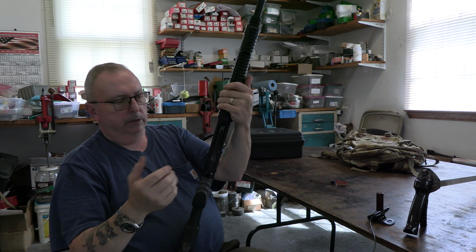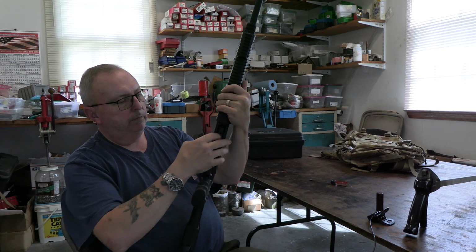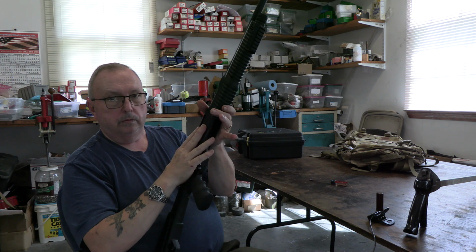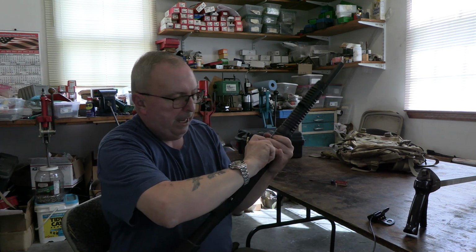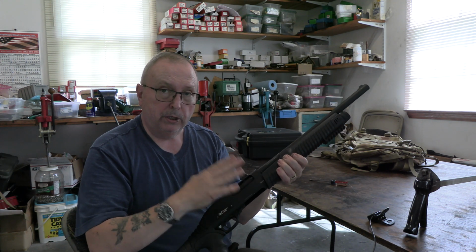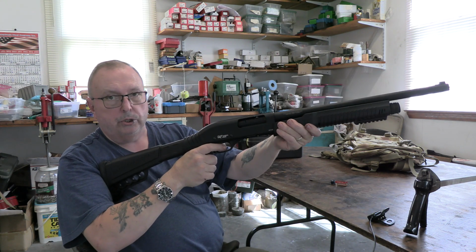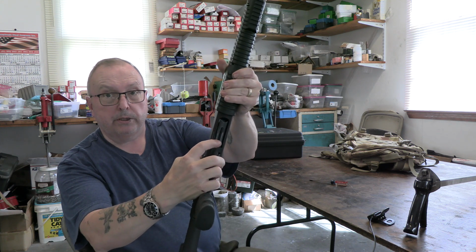Now it hasn't. So what my big problem is with this, if you fire that, it'll drop down and pick the shell up. But how I keep a gun loaded and ready is I take a dummy shell, fill the magazine with 4 rounds, and leave this loose. So if I heard something, I'd pick the gun up, there isn't a round in the chamber. Then if there was a threat, I would cock the gun, cycle the action, get ready to shoot. And if you do this now, you would go click, nothing, because now the lifter is down